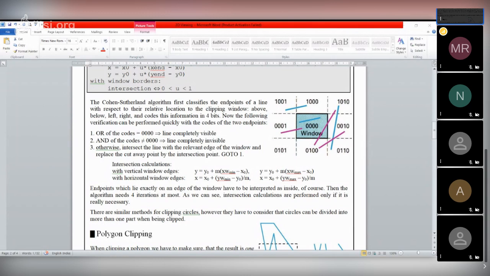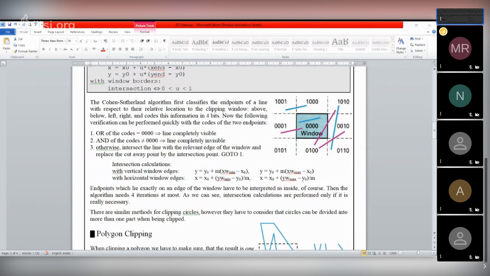Now, what will be the other case, if the OR operation does not produce 0 and the AND operation also does not produce a non-zero result? The other case means this is an intersecting line, where the line intersects the boundary of the window. For this example, suppose this endpoint is 0001 and this endpoint is 0000. If we apply the OR operation, the result is not 0 because there is a 1, so the result is 0001.